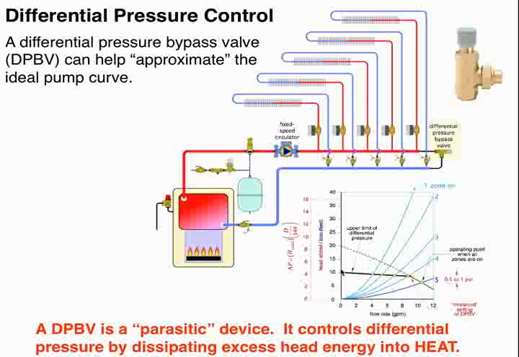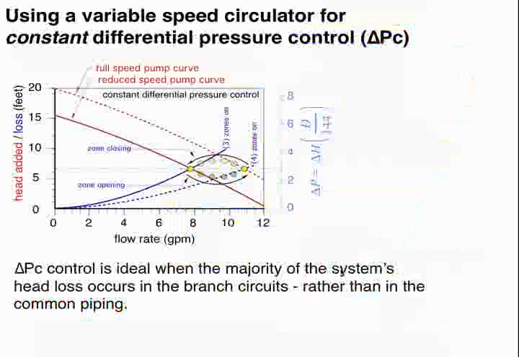Now, it's not a recommended way to drive a car, and I don't want to say this doesn't work. This is a solution. It's been around for quite a few years, and it will still work today. And if you are working with a fixed-speed circulator, this is the preferred way to control differential pressure when you have any type of valve-based zoning. Okay? But there's another approach that is developed only within the last few years